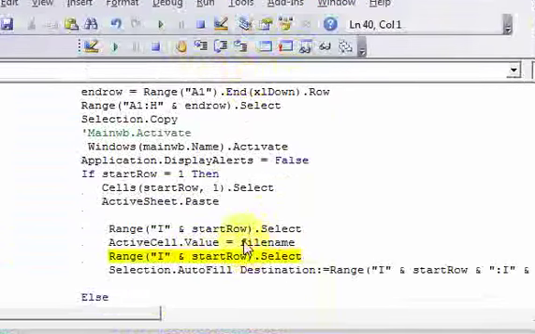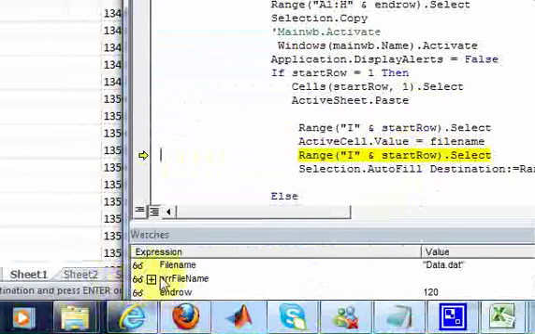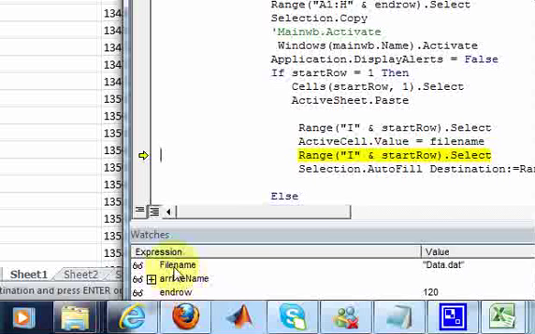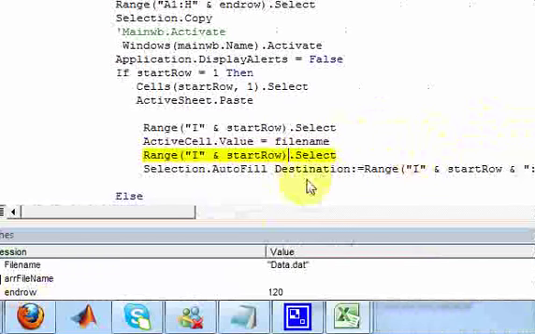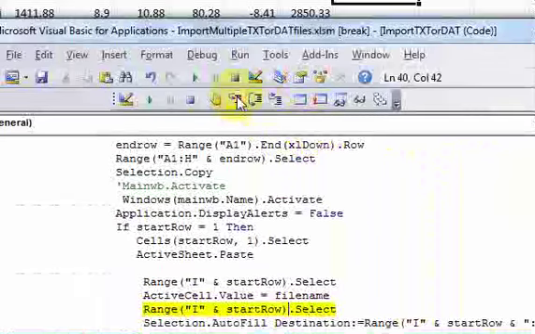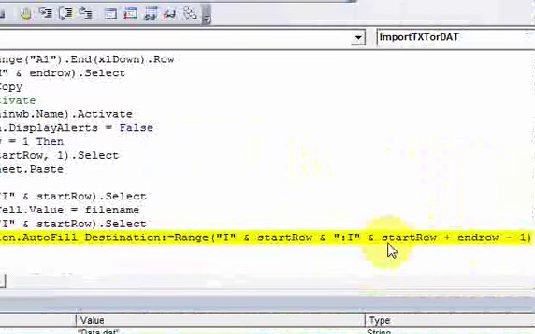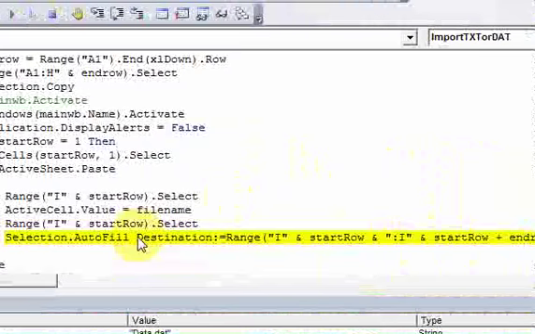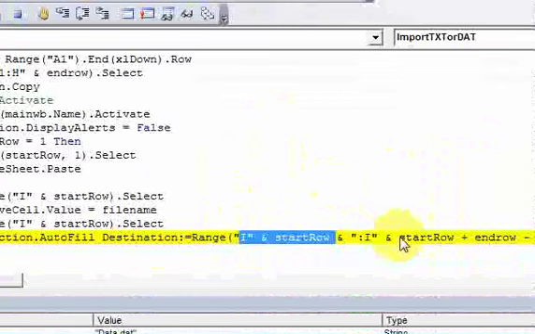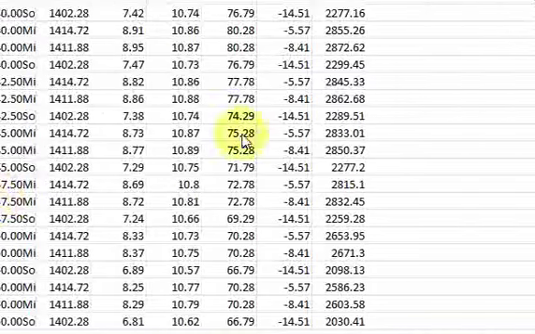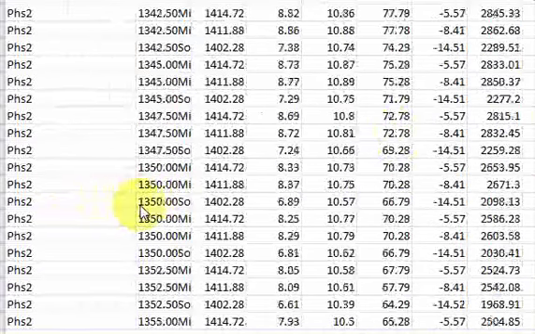Where does this file name come from? Remember, it comes from this array, file name, and then we pick the last element out and put it into a variable. So there's file name. And then here's the autofill. You select that cell, and then you want to autofill it from the start row and the start column, right? I1 down to I120, right? Because there's 120 rows of data. If I scroll all the way down here,